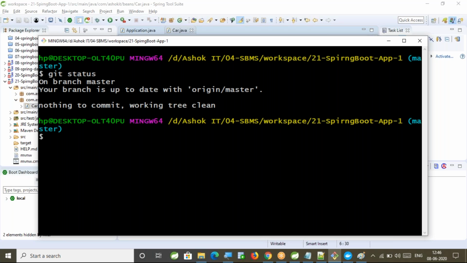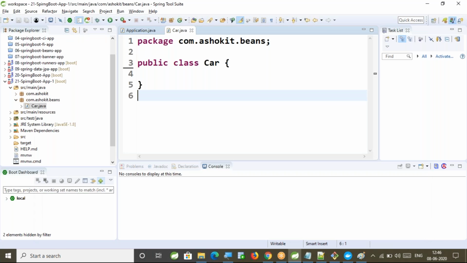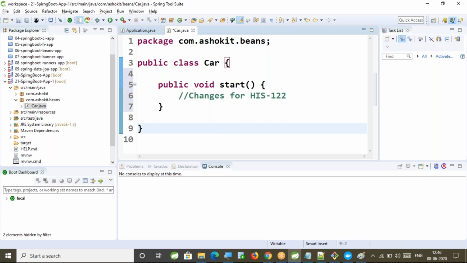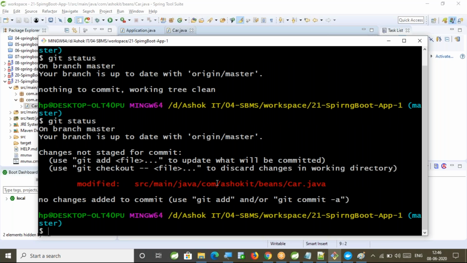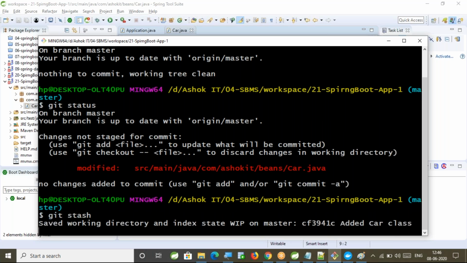Now I will start working on 134 and make changes for the 134 task. For that, I'm going to create one file. One second, let me execute git status. Sorry, I think I did not save the change, so I modified it. Let me go for git stash.